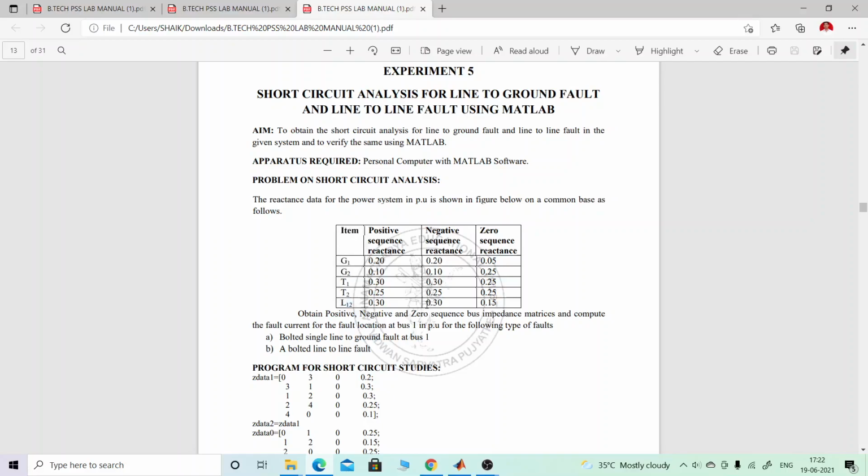As you know very well, the positive sequence value is almost the same as the negative sequence value by default. So the positive sequence reactance and the negative sequence reactance both are the same, and the zero sequence values are some other values, which should not be the same as the positive or negative sequence.